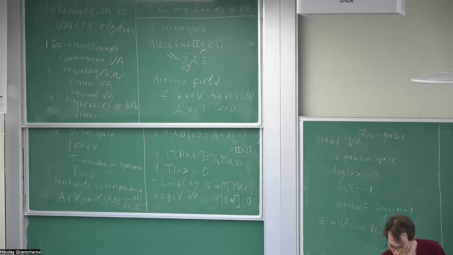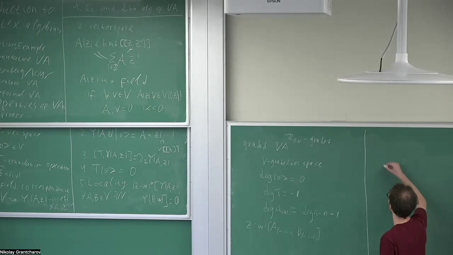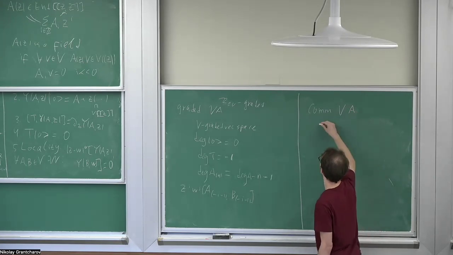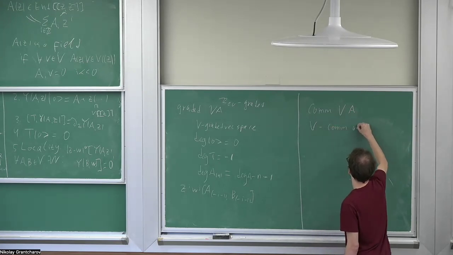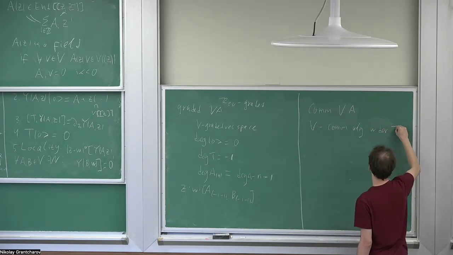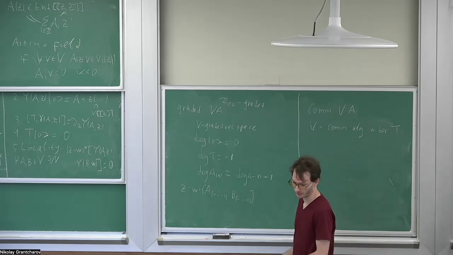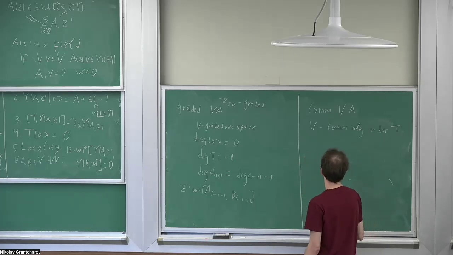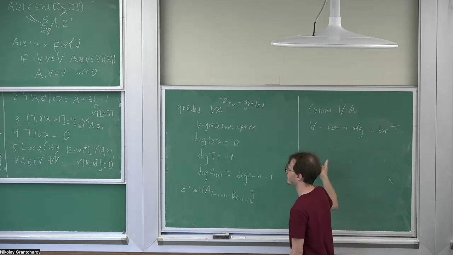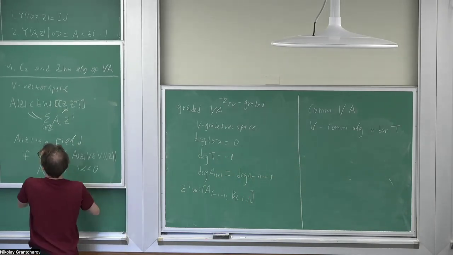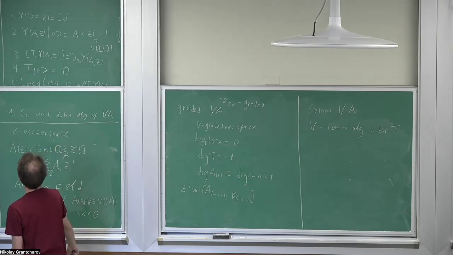Okay. So the most basic example of vertex algebras is the commutative vertex algebra, and so we should take V, a commutative algebra with derivation T, just the usual algebra with the usual derivation, satisfying the Leibniz rule, and so I already get